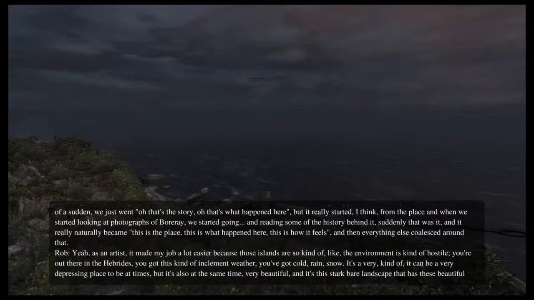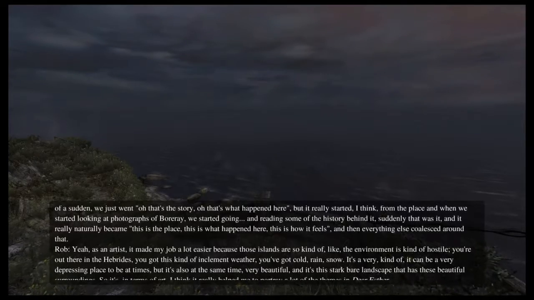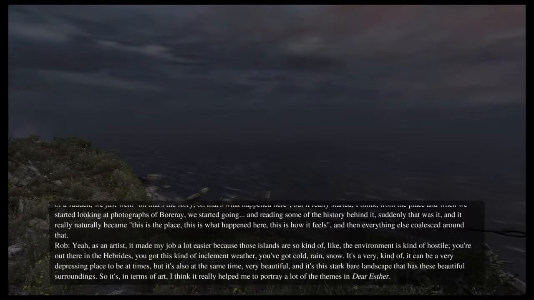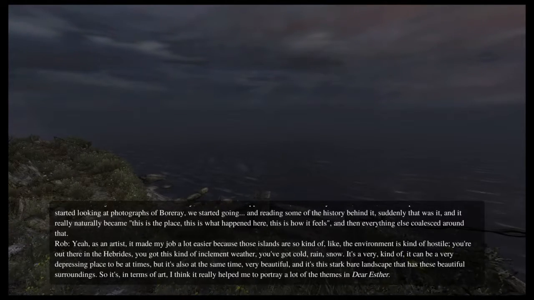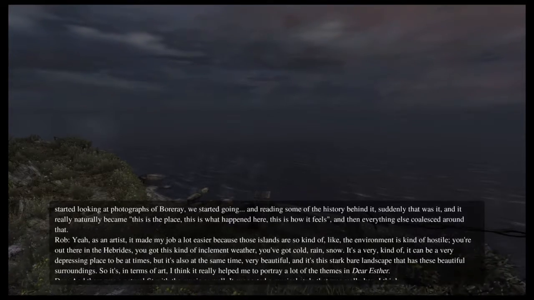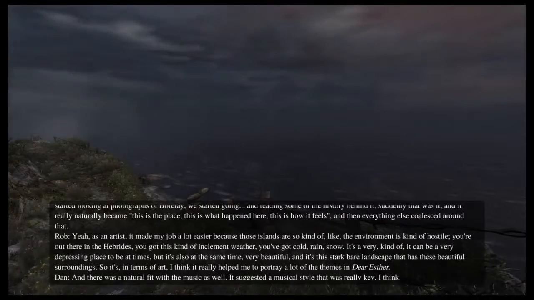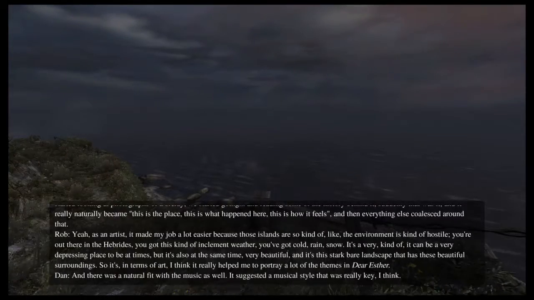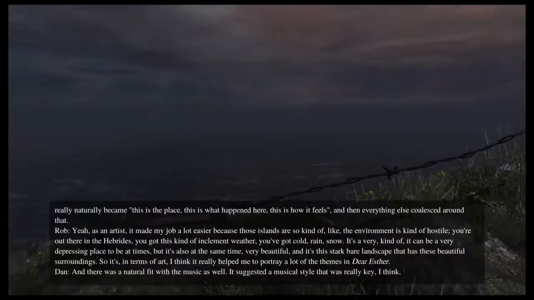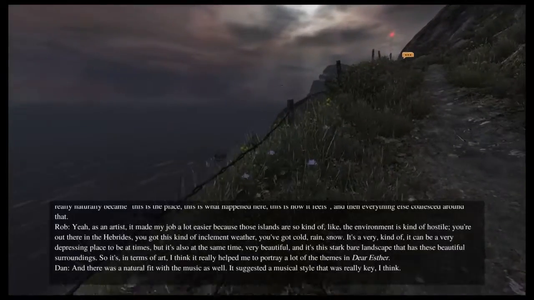It can be a very depressing place to be at times, but at the same time it's very beautiful, a stark, bare landscape with beautiful surroundings. So in terms of art, I think it really helped me to portray a lot of the themes in Dear Esther. And there was a natural fit with the music as well. It suggested a musical style, which was really key, I think.